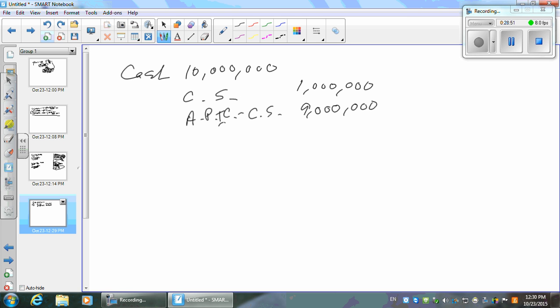What if it was no par stock? You wouldn't have additional paid-in capital. You put the whole thing in common stock. You just debit cash for 10 million, credit common stock for 10 million. That's it. You'll see that sometimes. Some states don't have par values or stated values. Okay? Got it? Everything's recorded at par or stated value. This is the easiest.